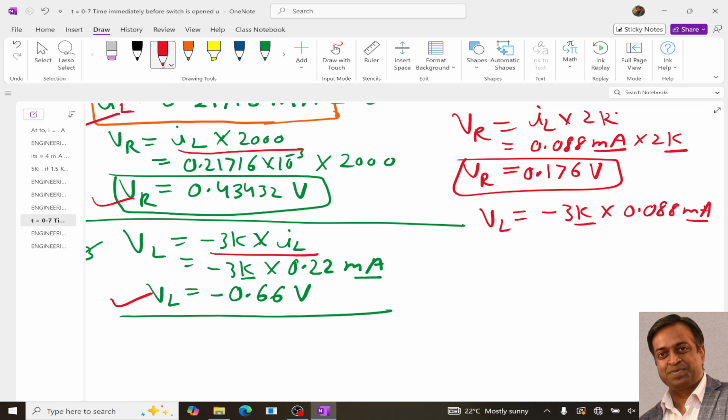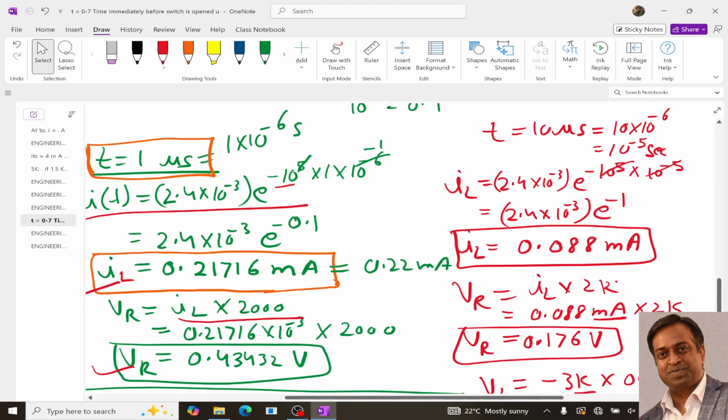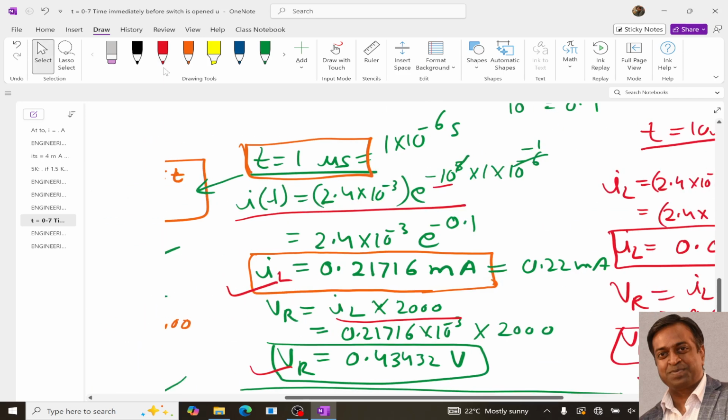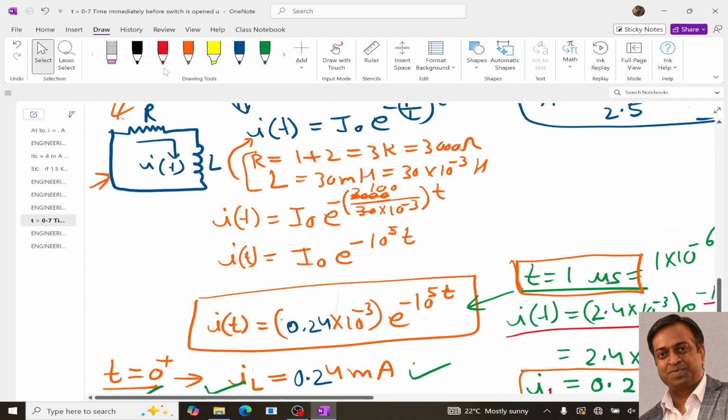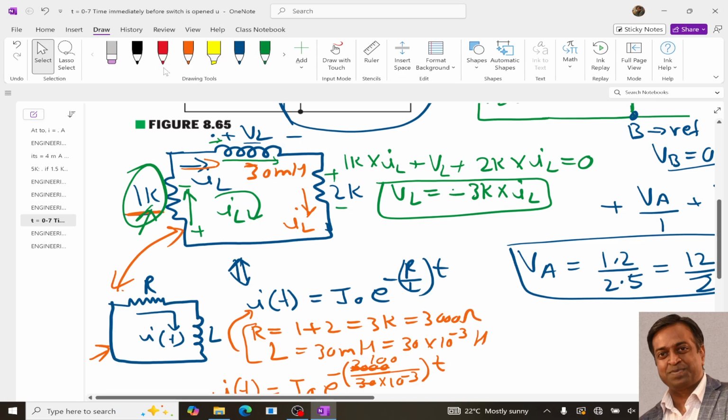This K and milliampere cancel out each other, so we will get 3 into 0.088, so it is minus 0.264 volt, so our VL is this, right? And now this is our answer for the IL, VL and VR at t equals to 10 microsecond. And again, if you look for the theoretical concept, we know that in this circuit we do